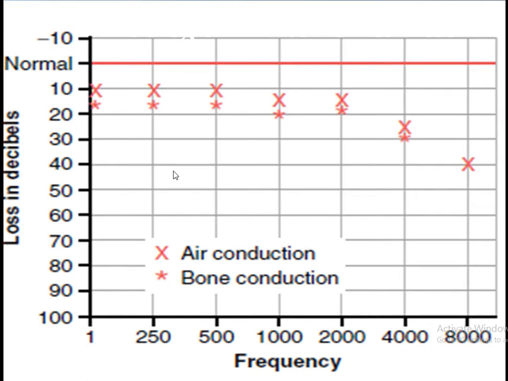This is the graph related to the age factor. You can see both of these are affected almost equally, but air conduction is somewhat more, but you can have the idea that both of these are affected as compared to